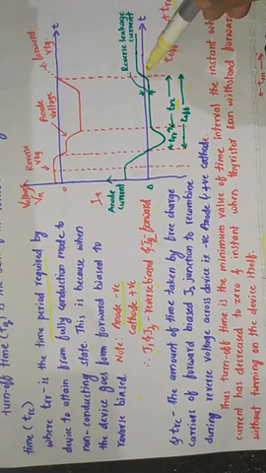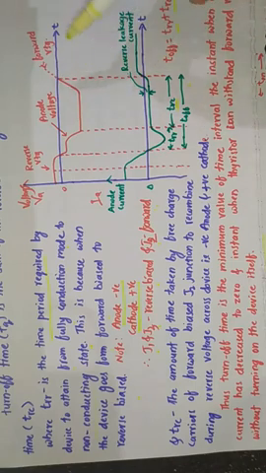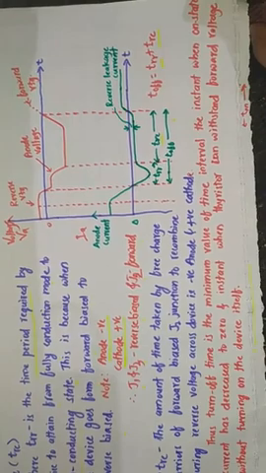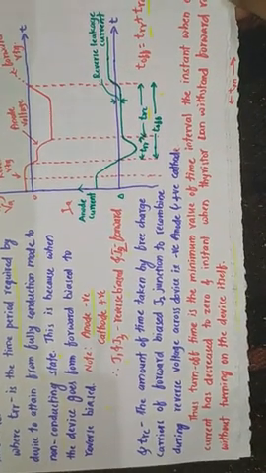Then it reaches a point wherein the anode voltage will be 0. Beyond this there will be a forward voltage. So what it says here is, your turn-off time is the minimum value of time interval between the instant when on-state current has decreased to 0 and the instant when the thyristor can withstand forward voltage without turning on the device itself.